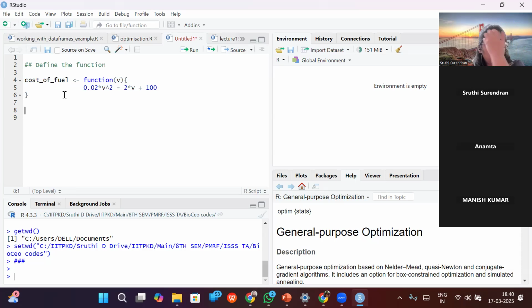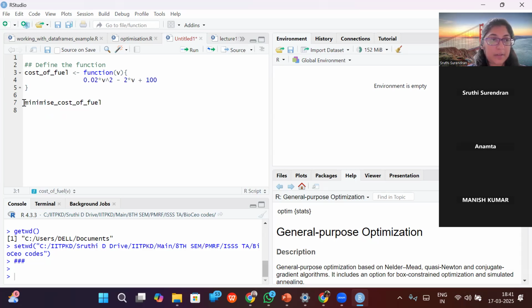Now, next what we are going to do is to write the objective function. So here we just have the equation for cost of fuel. Our objective function is to minimize cost of fuel. This is our objective function. So we first define the function, and with decision variable v, now we define the